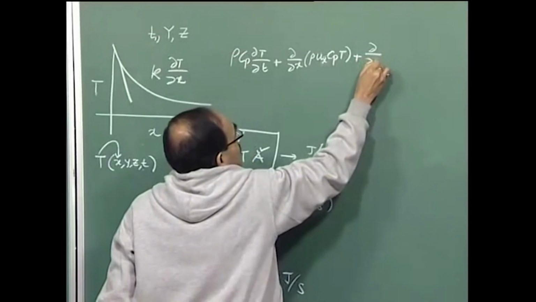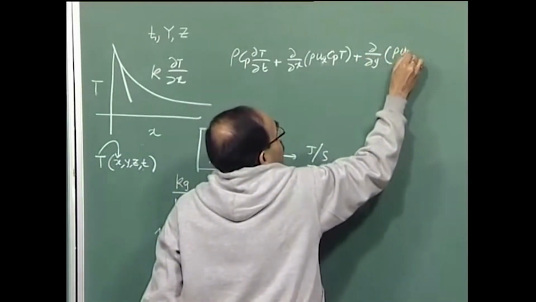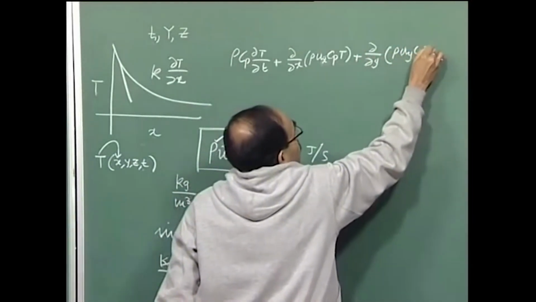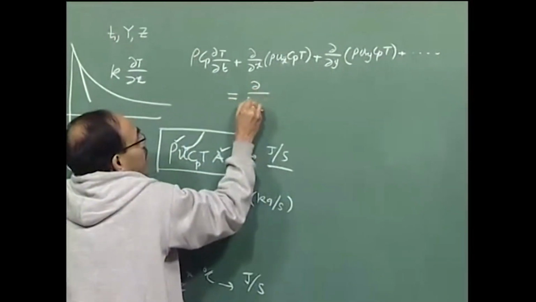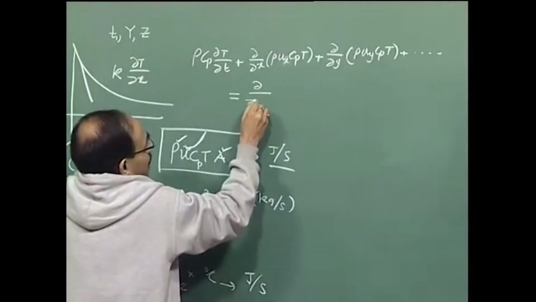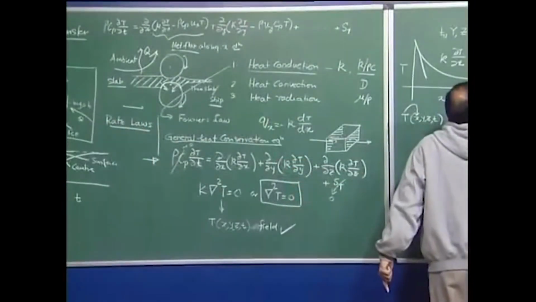I have the y direction term, I have the z direction term, then I put equal to term, and then I write down the same three terms which I am having here as the conduction terms. And